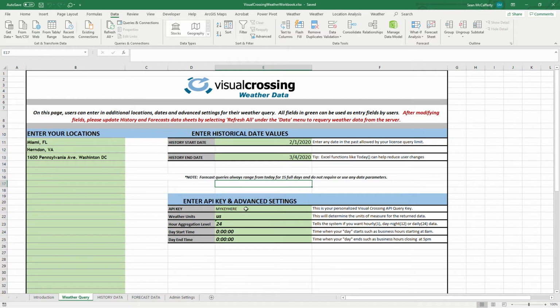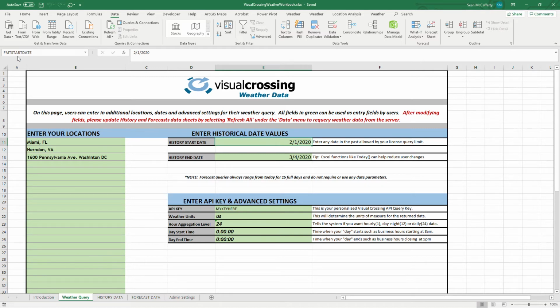So basically, this is what you need to get started. Change your dates, change your locations, and you're immediately making queries. All of these other settings are very useful, but not necessary. And oftentimes you'll find that maybe for your end users, you may want to hide these, and you may want to move these locations. So to do that, one of the things you'll notice is that if you click on any green section that has data entry,